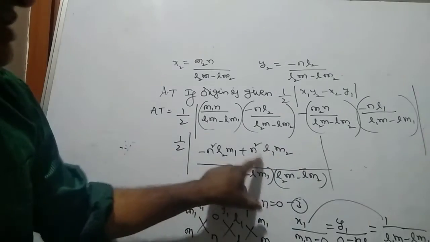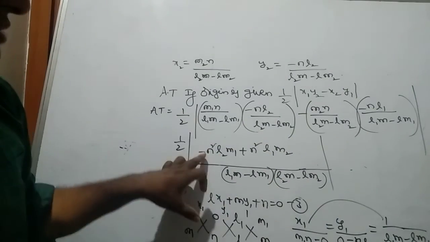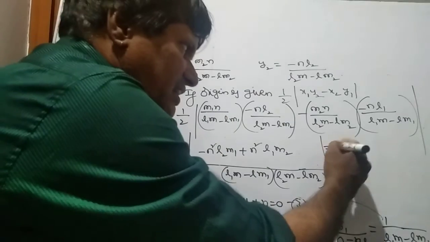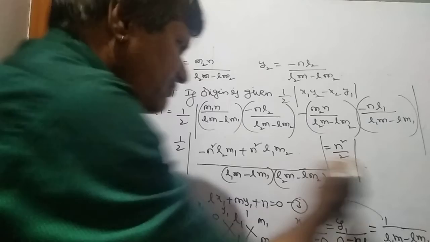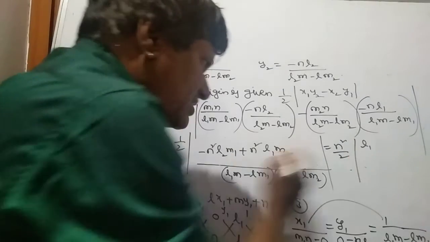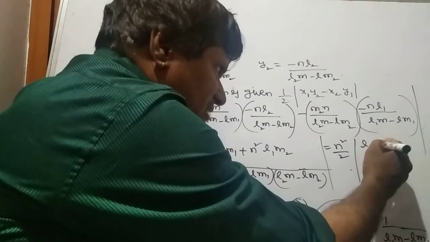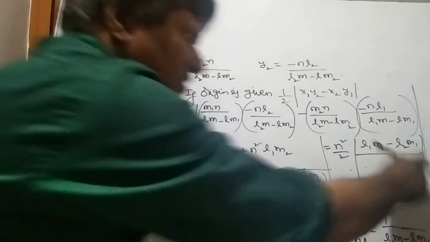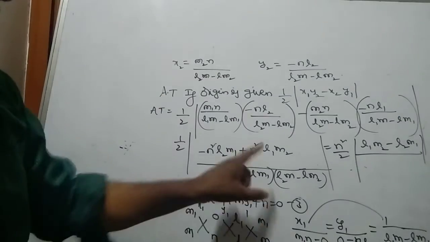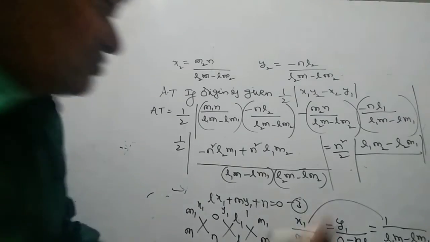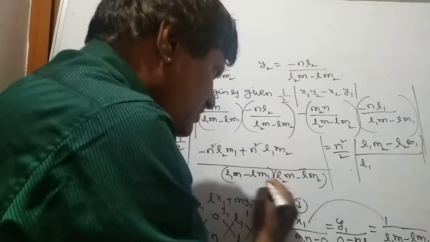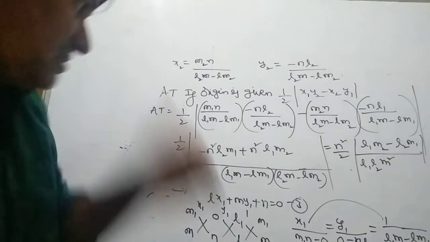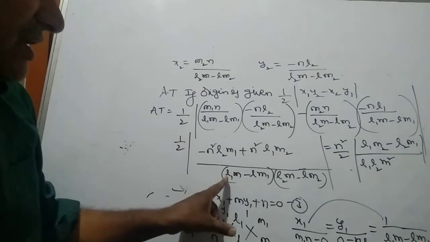If you take n square common, we will get n square by 2 into L1m2 minus L2m1, first the positive and then the negative, over the denominator. Now just multiply the denominator: L1 L2 m square minus L1